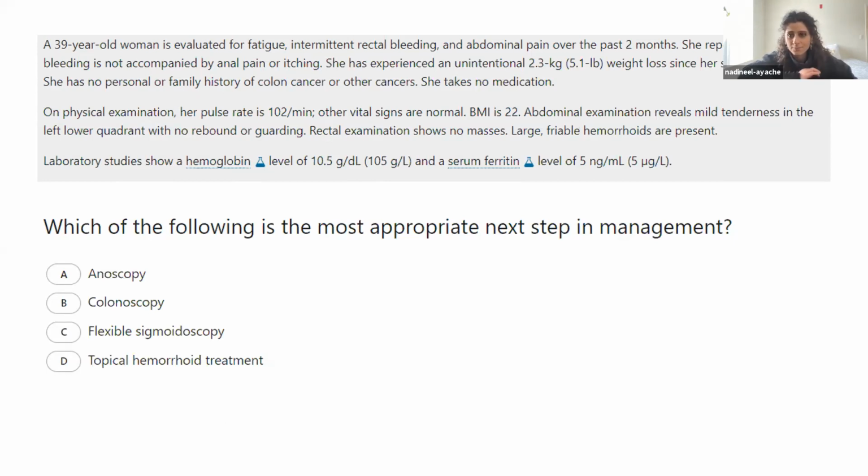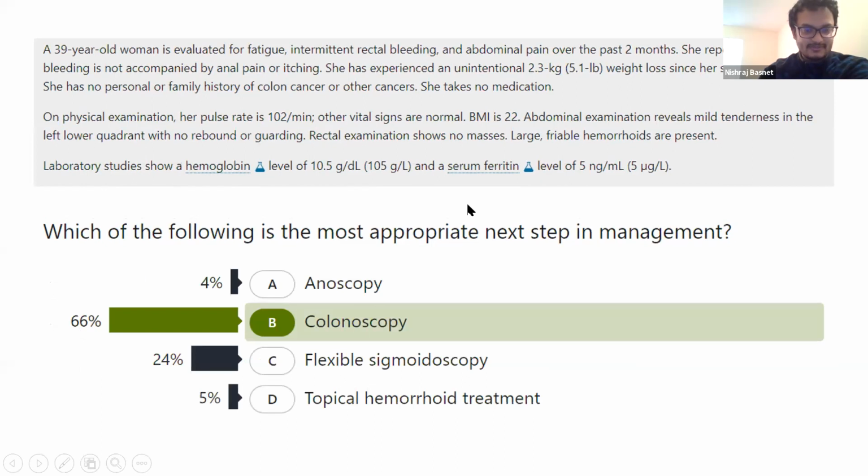Yep. Okay, excellent. Okay, B is the right answer. So in this patient who comes in with rectal bleed, but has a significant weight loss, is anemic, is iron deficient, this patient needs a proper colonoscopy. Right. So that's the reason why